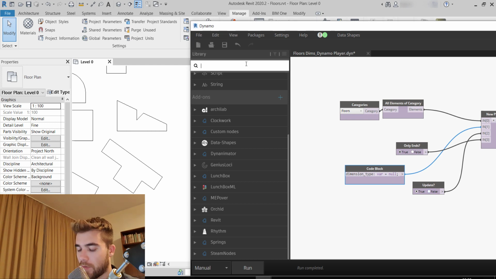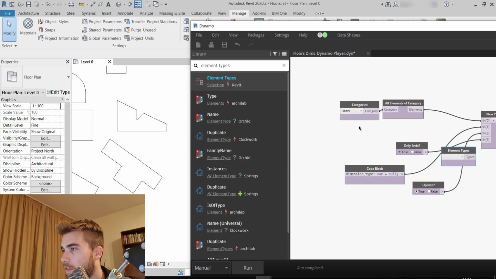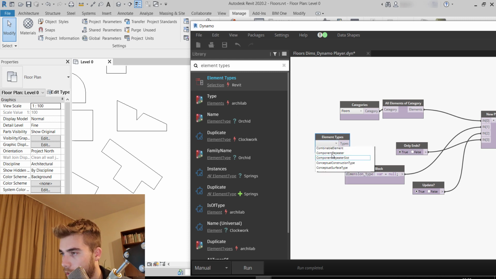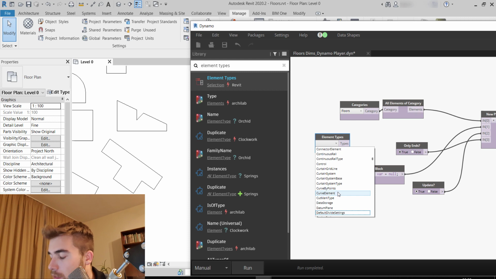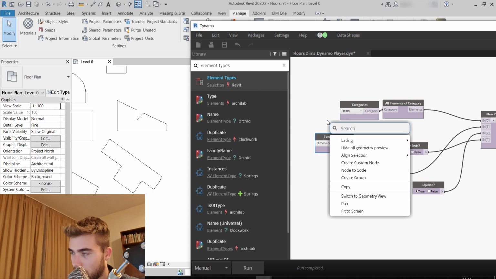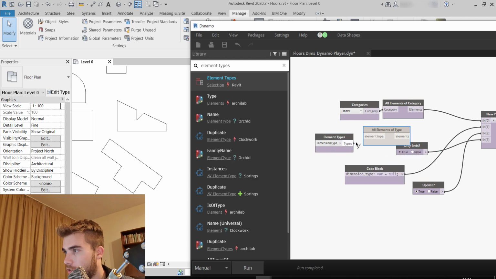I can go to element types, and I can go here to select the dimension types. If I press D, we're going to the dimension types, and I can go to all elements of type, which is going to give us